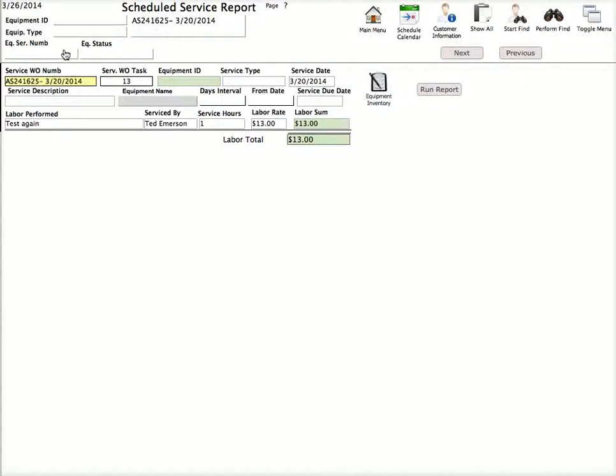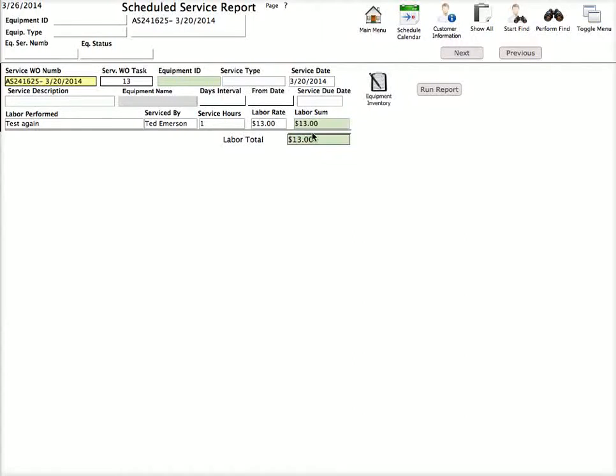In this case, the ID, as far as the other information, is incomplete in the work order that was being done, so it doesn't really have all the information. This is kind of roughing through stuff because not everything has the correct information that was done in the service work order. Eventually, that shows you that you need to do that when you're actually working in the tab for the service work order to complete, like the equipment ID, the service type, the day intervals, and all that needs to be in here so that you have a complete report. In this case, of course, it shows I'm testing, so I'm just testing to make sure all the form parts